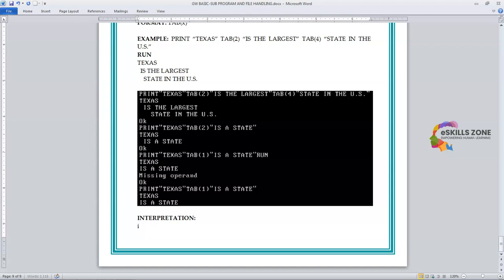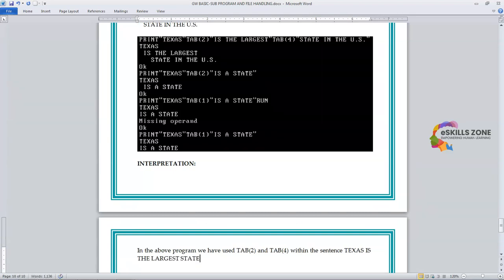In the above example, or you can type in the above program, we have used tab 2 and tab 4 within the sentence, Texas is the largest state in the US. So you can see that tab 2 gives space of 2 characters,